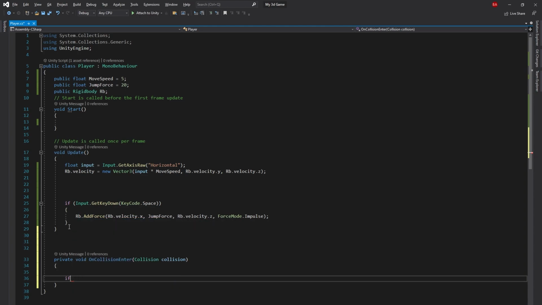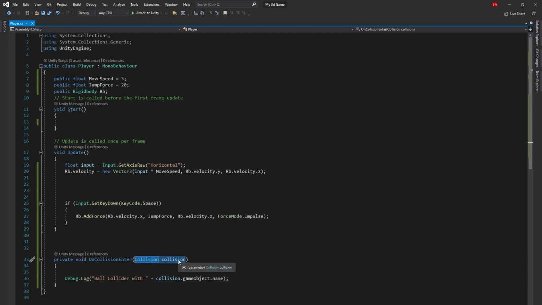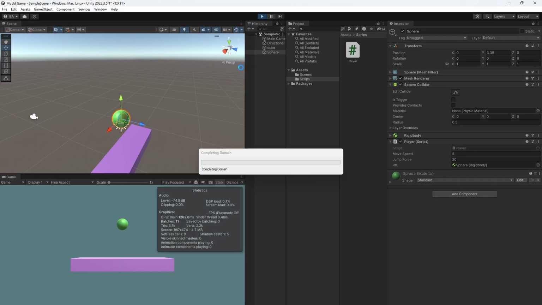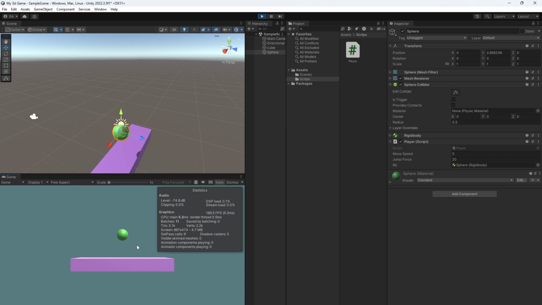So for example, if I collide with anything, Debug.Log, "ball collides with" plus collision.gameObject.name. Okay, so basically in this collision, the object the player collides with will be retrieved. Let me play the game again, and you can see that the ball collided with